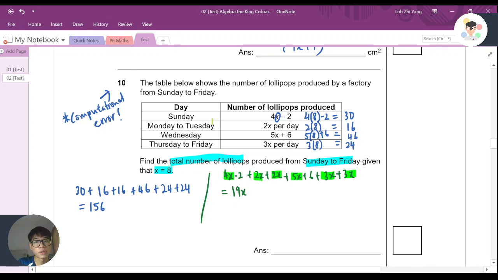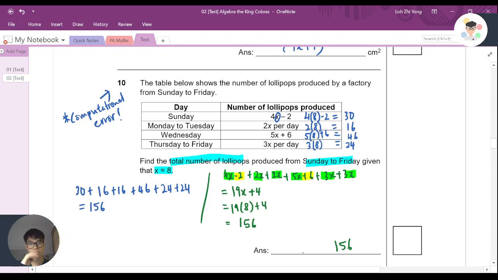And the leftover numbers, minus 2 and plus 6. We know that minus 2 plus 6 is equal to 4. So you say 19x plus 4. Then what you do later on is you put in the x value, which is 8, plus 4. Then if you find out that it's actually 156, the same answer,